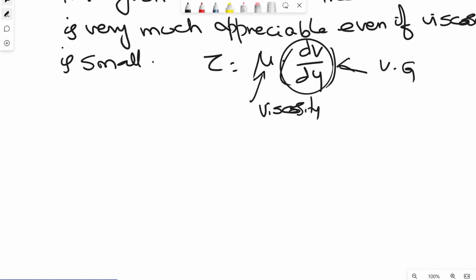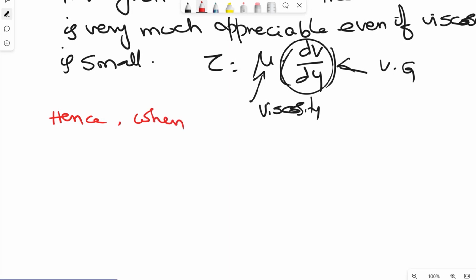Now what I want to tell you is that in the boundary layer region, there exists a velocity gradient normal to the boundary, which is very high. So even if the viscosity is very small, still the shear stress is high. So now what I conclude here is that